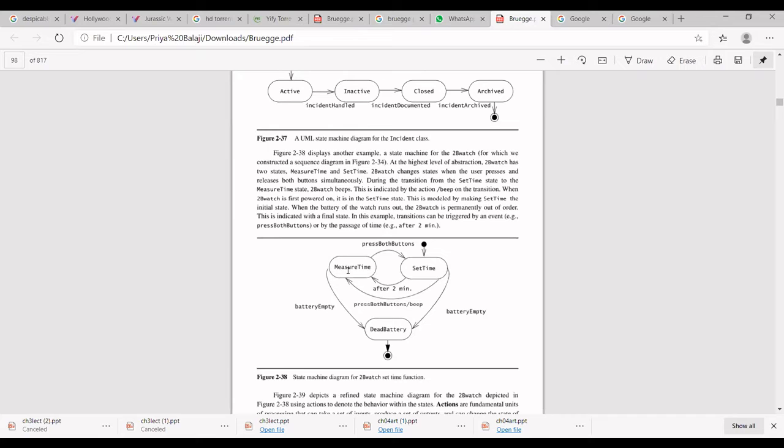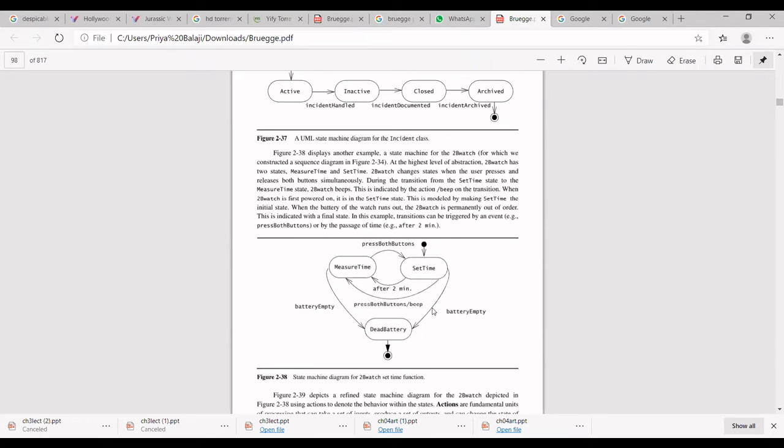If you press both buttons, it comes back to set time state. After pressing the button for 2 minutes, it goes again to the measuring state. Like that, it keeps moving from one state to another as these operations are carried out. And it may go to the dead battery state when the battery is empty. That is the end state. It's a simple state diagram.